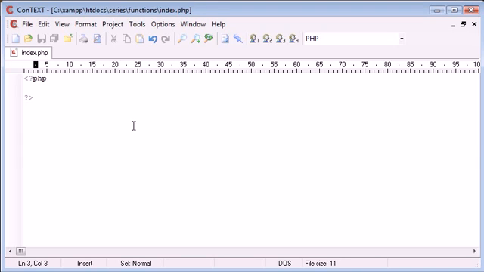Now in this tutorial I'm going to be talking about global variables and using them inside functions. You may come across the problem that when you're predefining variables outside of your functions and trying to use them within your functions, you're not getting any sort of response. The variable won't work, you won't be able to do anything with it. So let's use the example